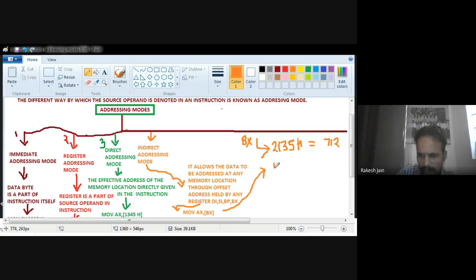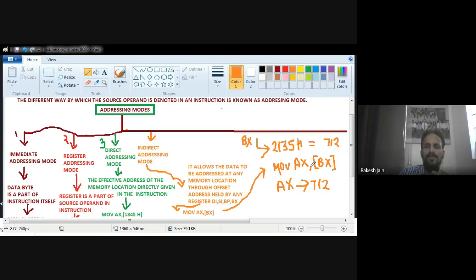Now if I write down this instruction which I told you, like MOV AX, BX, what is the meaning of this instruction? After the execution of this instruction, the answer is that AX will hold the data 0712.